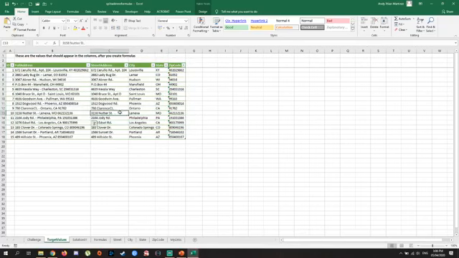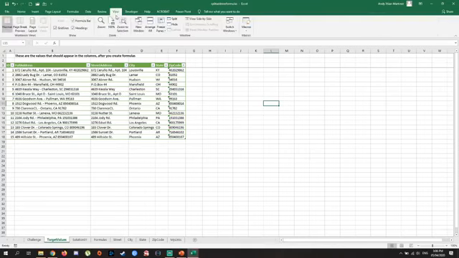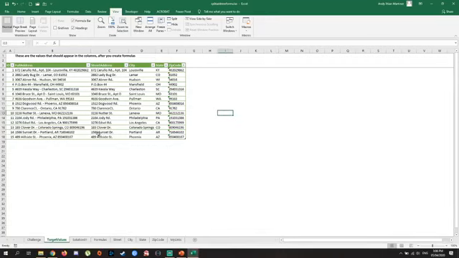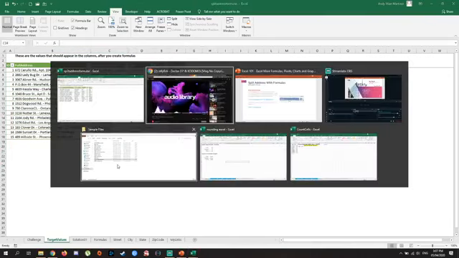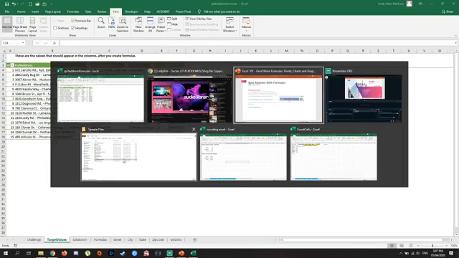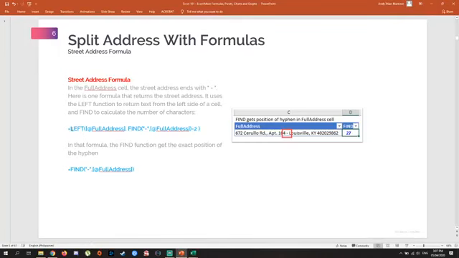Right? This is going to be using formulas. The view that you are seeing right now is pretty messy, because I have my grid lines on, so I will turn that off. All right. So this is our target value: street, city, state, and zip code. All right. Now, if we go back, so to get